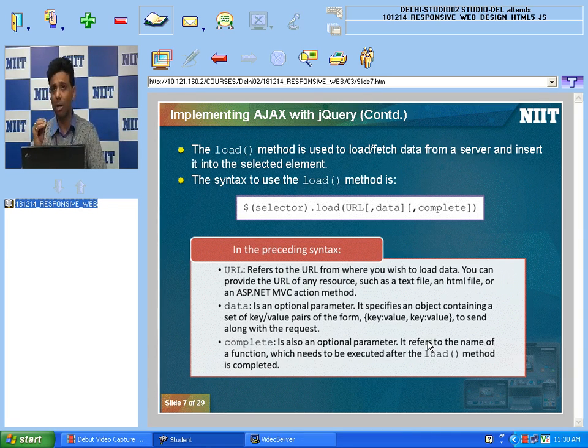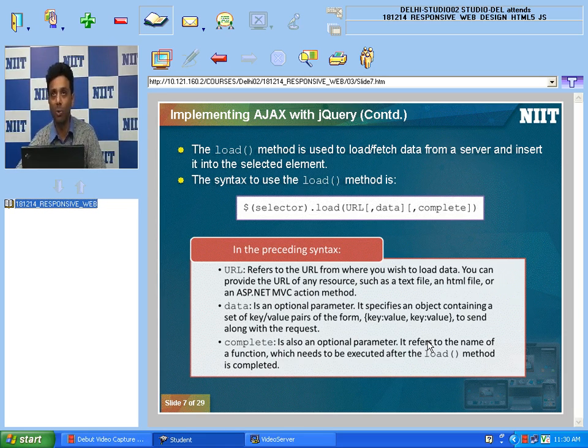There is a small difference between the load method and the Ajax method. The working is the same. Both methods will help me to load or fetch data from the server. The only difference is when I use the Ajax method, I am asynchronously connected with my web server, and it will help me to upload a partial page. Okay. The difference I am saying is, in the load method, I'm not always connected with my web server.